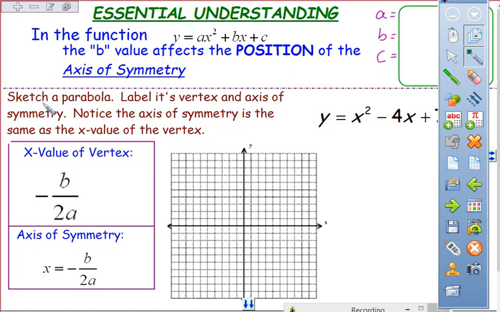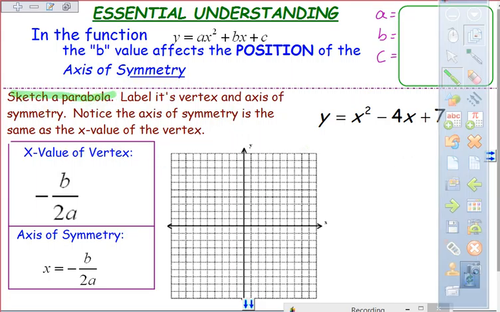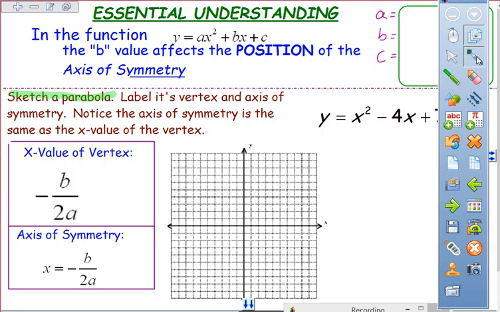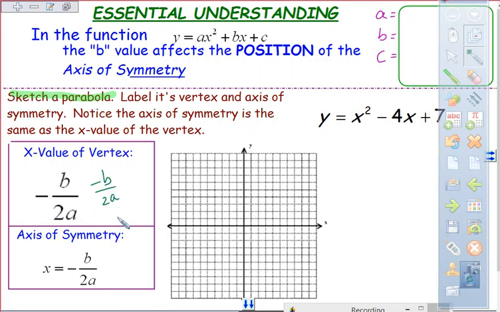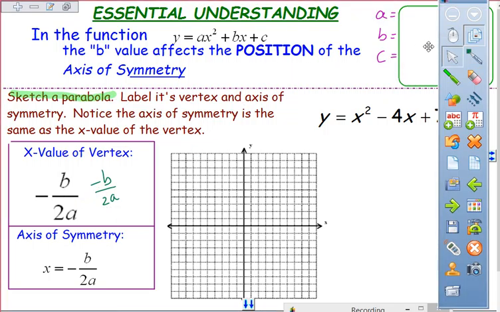So what we're going to do on this example down here, it says, sketch the parabola. Label its vertex and axis of symmetry. Notice the axis of symmetry is the same as the x value of the vertex. So our formula today is negative b over 2a. And I do like to sneak that negative right into that b value like this, so I don't have to worry about it. So negative b over 2a. So we're going to define what a, b, and c is, first of all. So looking at our function,